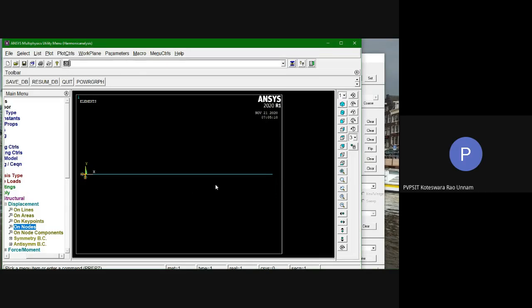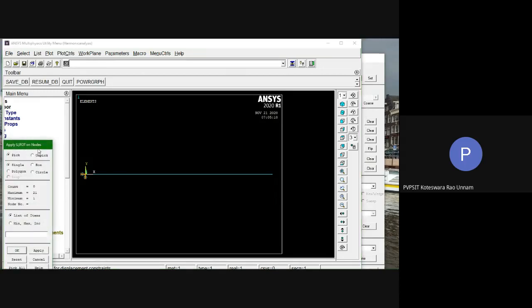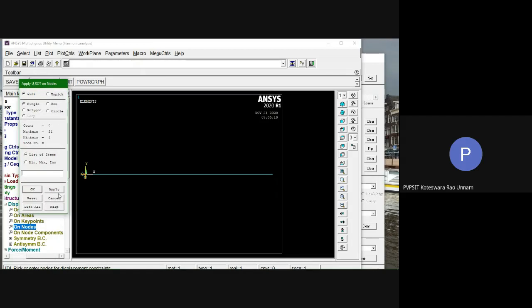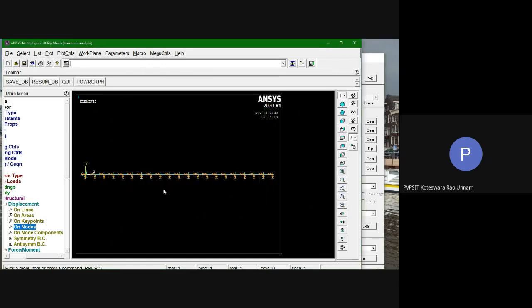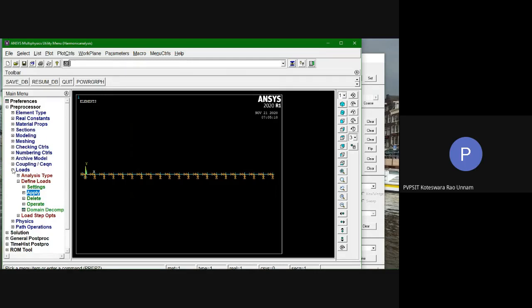And also since it is a beam problem here, we already discussed this beam element will have 6 degrees of freedom, but we require only 3. So the unnecessary degrees of freedom, that is rotation X, rotation Y and UZ, I can constrain, because they are not required. What I'll do is make their values 0. I'll use pick all here. Then the unnecessary degrees of freedom, that is UZ, rotation X, rotation Y, I'll make them zeros. Okay, so that's it.